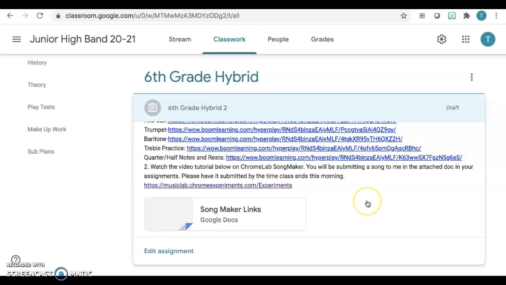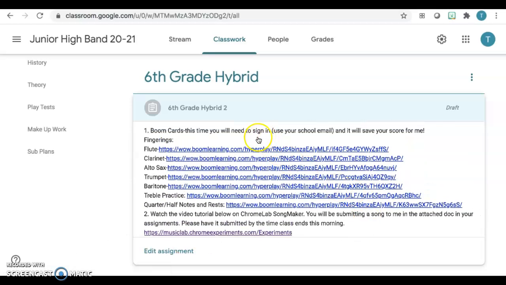Okay, so today your first task is to do the Boom Cards. Fingerings, remember you only have to do your instrument, and then there's a treble practice, and then there's a rhythm one, so quarter and half notes. The difference this time is it's probably going to ask you for